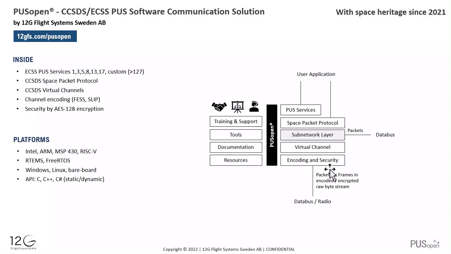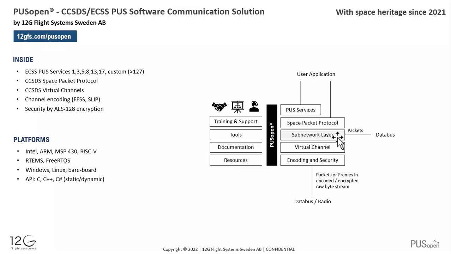and you can get it as soon as possible. The subnetwork layer sits here in the middle, and that's the point where you can connect PUSopen to your onboard data buses. So if you want to use PUSopen for the communication between the subsystems on board of your satellite, you don't need to go through the virtual channels or encoding layer. You can stay on the level of space packet protocol or PUS services